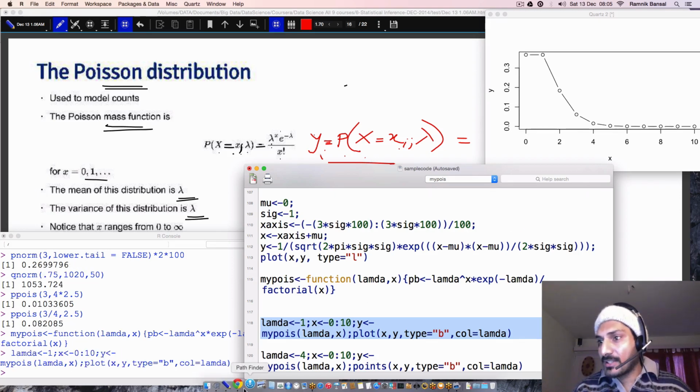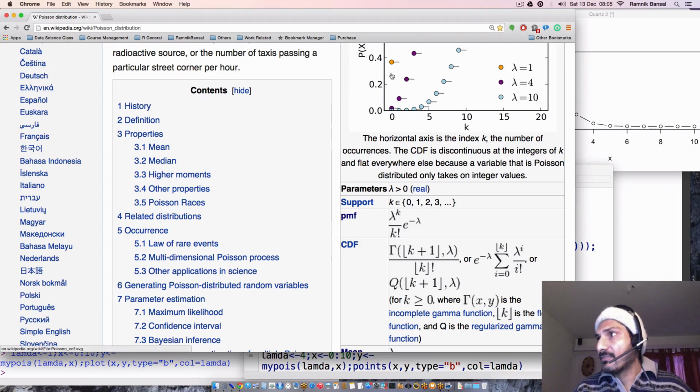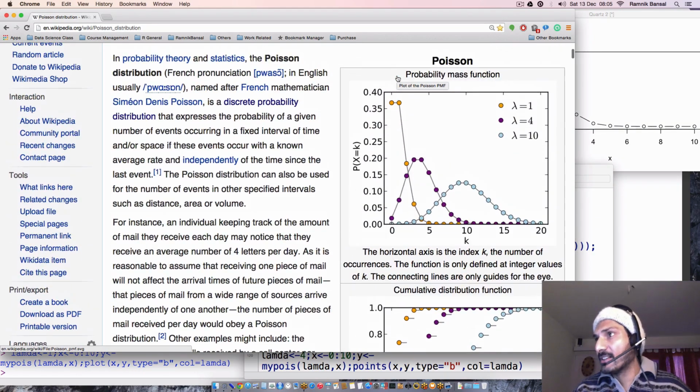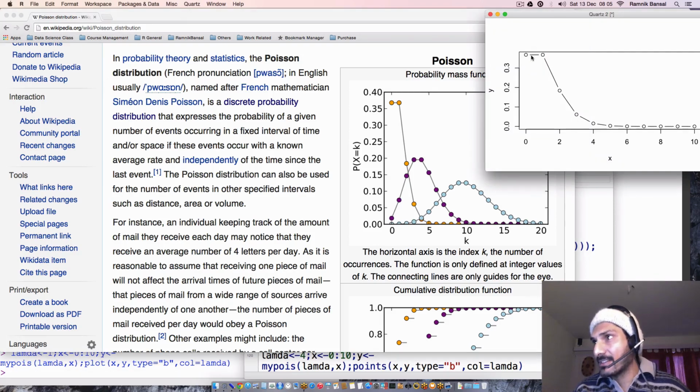So I take this value and I get this. Let us look at what Wikipedia gives us. Wikipedia is giving us something similar. Do you see this? It says lambda is equal to 1. I get a point like this, between 0.35 and 0.4, somewhere around 0.37. This is same and this is same, and so on. Know that the lines are just to show you the values. That doesn't mean anything. Is this correct? We are also getting the same thing here. Have you followed what we have done?